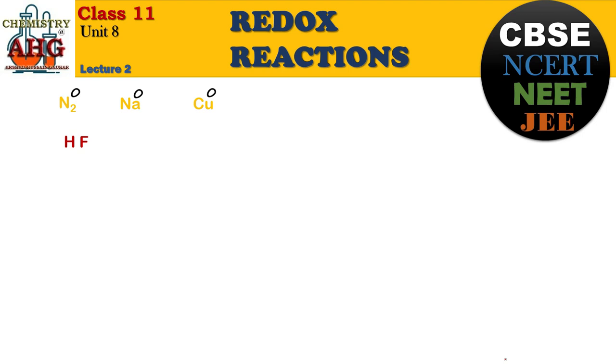Right now you can see fluorine is there. So what does this mean? Which atom will attract electron towards itself? Fluorine. So fluorine, what will it become? It will become minus 1. Why? Because fluorine belongs to group 17. Group 17 elements are in need of one electron. So that is why the valency, the number of bonds that fluorine can make, is 1.